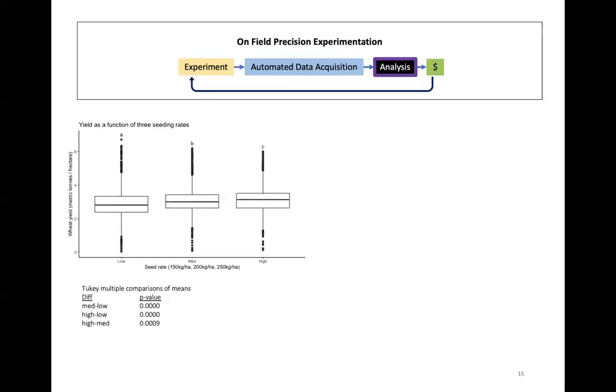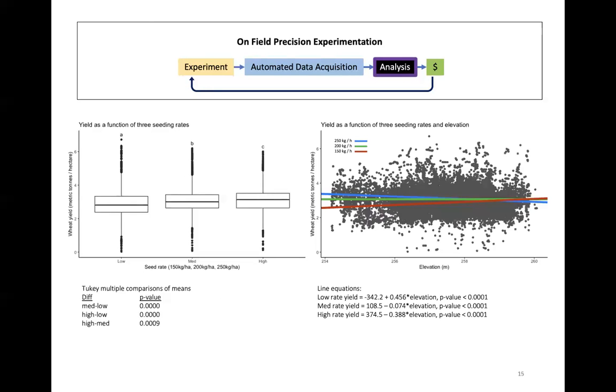And that would be great for a traditional experiment where we just wanted to know, okay, what is the best seeding rate average for this field? But what we want to know here is how do these seeding rates vary across the field? So one factor that we found to be particularly important was elevation. So if we add elevation to this model and we say how did the seeding rates interact with elevation to